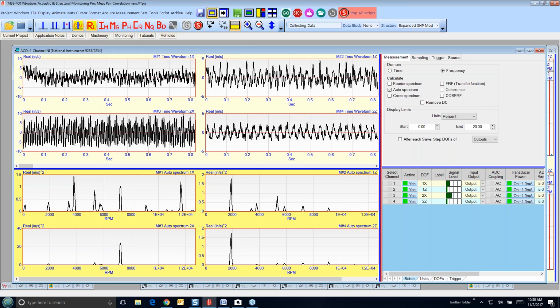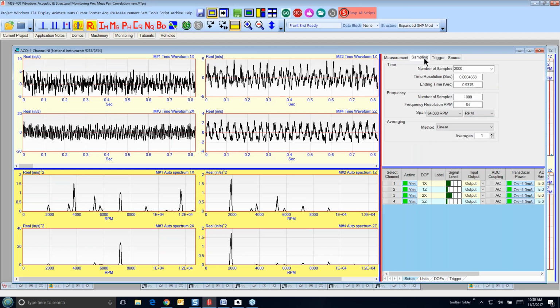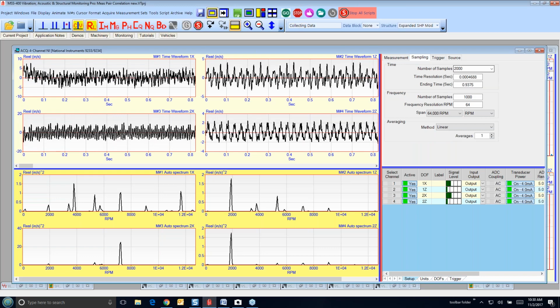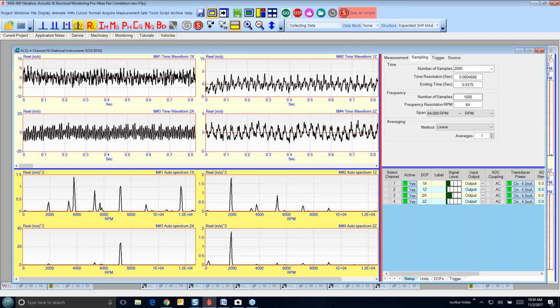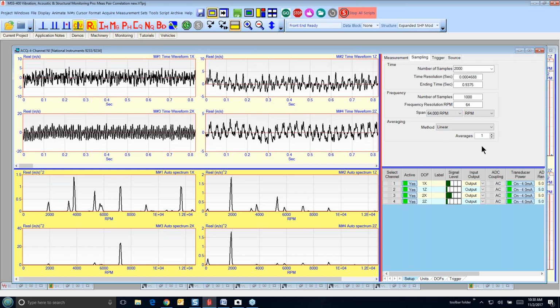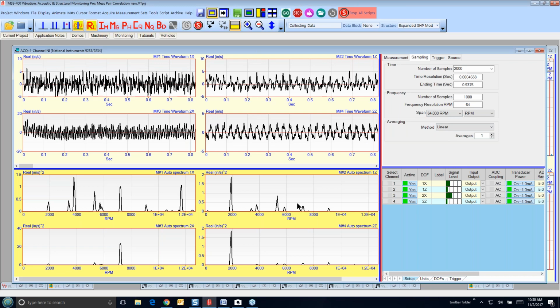In this case, it's a 4-channel, what we call an analyzer. Here's my frequency setup, my sampling. I'm taking 2,000 samples of time domain data, which has given me 1,000 samples of spectrum data. Here's the frequency range. I'm only going to get one sample, so I'm not doing any averaging. And you can see the peaks in the data down here.